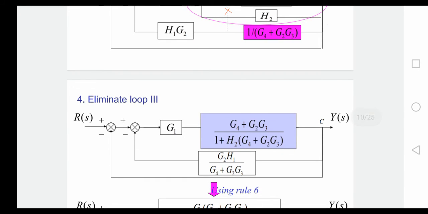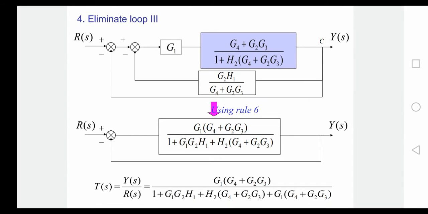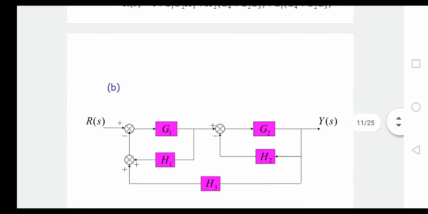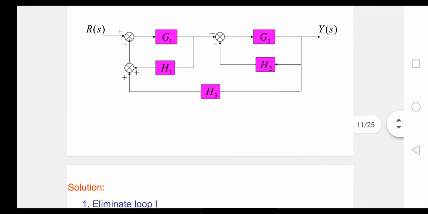Now you are getting like this. Now you again have G1 and this complete block in cascade, so you multiply, and then from point C to this summing point, again that is a feedback path, again you do the calculation, and finally whatever you get goes into the unity feedback path, and then finally you get Y of S by U of S. Very simple problems you are having, that is method one.